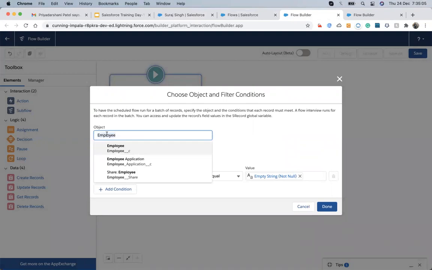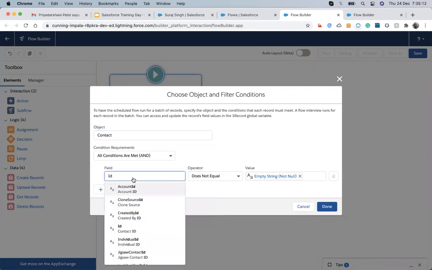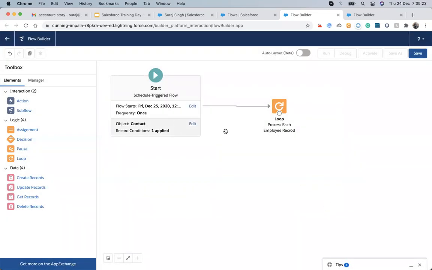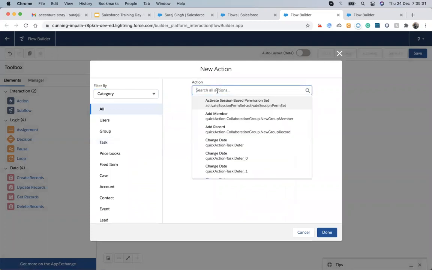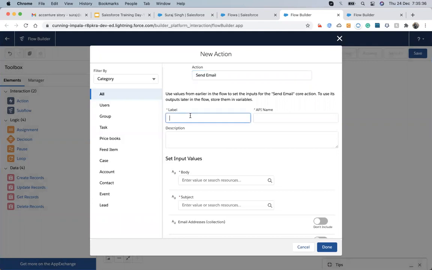In that I will choose email does not equal to none. It means all the records who have emails will come up here. And what I will do is just send an email to that person. Send email, and then I will choose